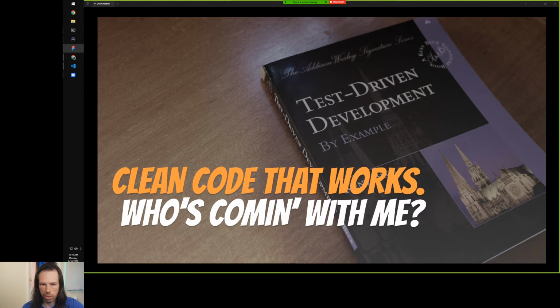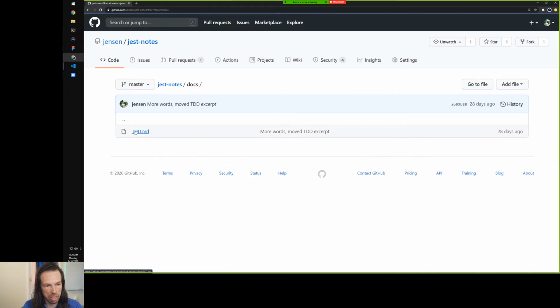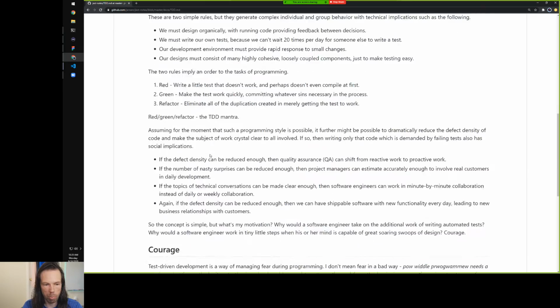So this book here, Test-Driven Development by Example. This one's my copy. I think maybe if it's close to my face, it's not as blurry. And it is a good reference. I'm not actually going to go and suggest that everyone buys this book. Although feel free, if you do, it's worth it. You can also find copies. I've found copies before. But what I did do was transcribe the